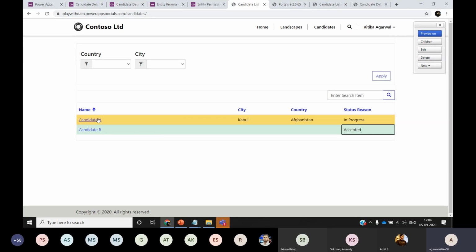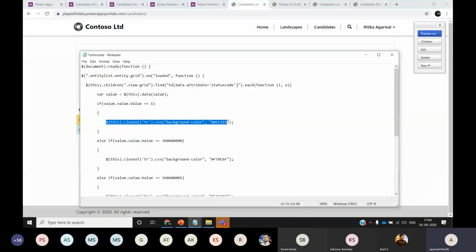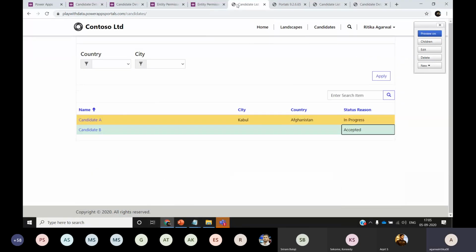But if you want to edit any of the other attributes, you can also do that. Where we are selecting this specific row, instead of selecting this row, you can select the element which you want to highlight or modify. And in the same way you can pass custom CSS, and those changes will be reflected based on the conditions that you have applied. So this is how you can add the out of the box controls and add scripts to highlight the functionalities.